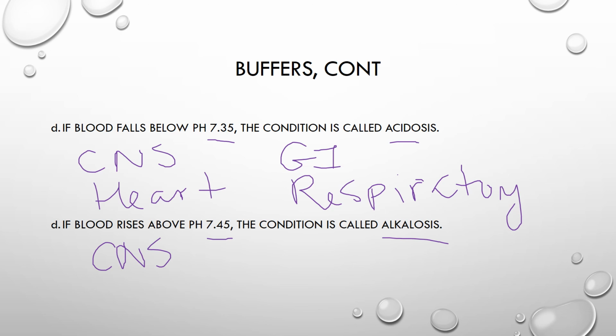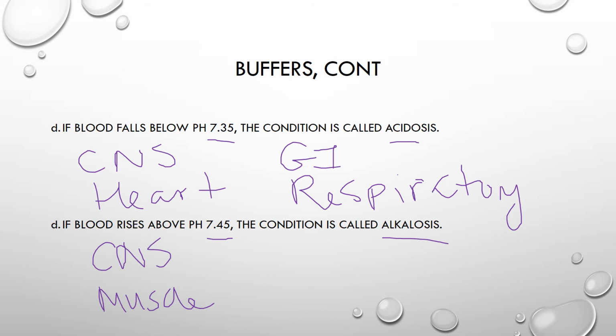Similar responses, but confusion typically, and if it's long term, it can lead to a coma. Sometimes it can affect our skeletal muscle, where we can have hand tremors, excessive muscle twitching, but also numbness and tingling in the face, hands, and feet,